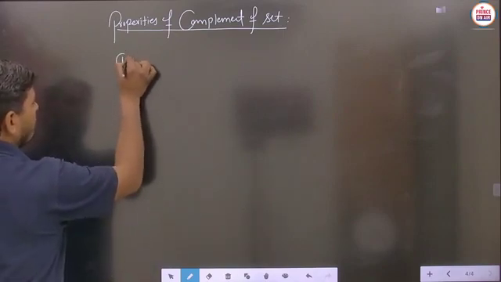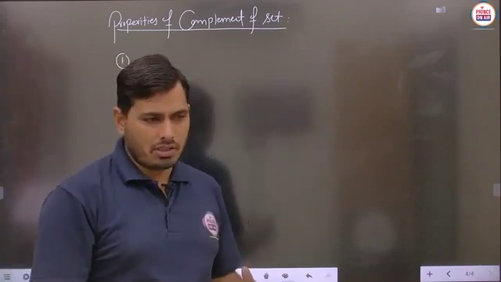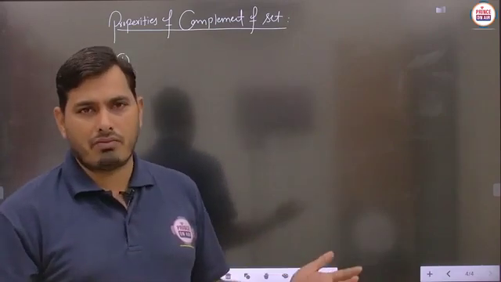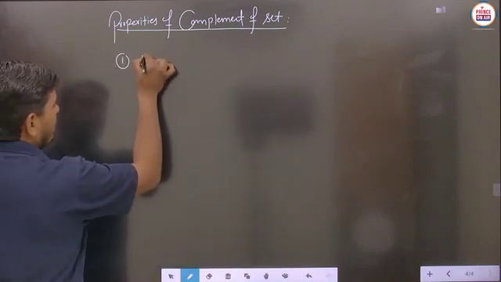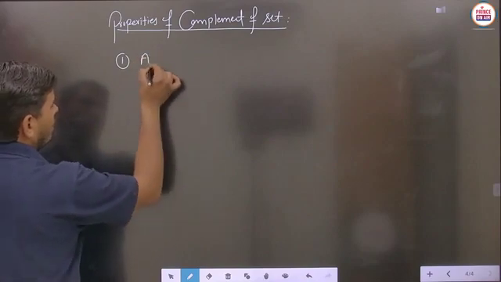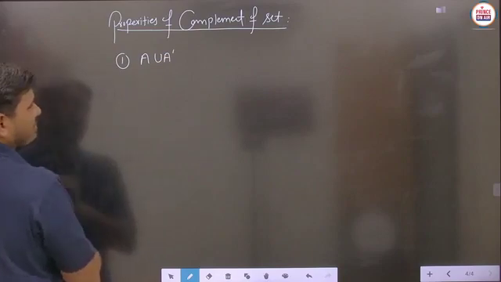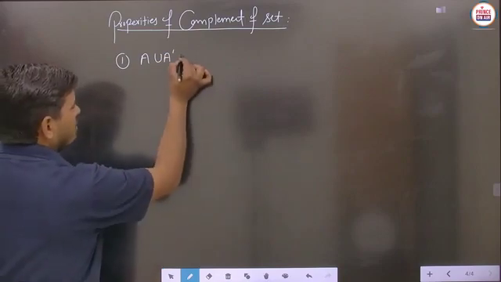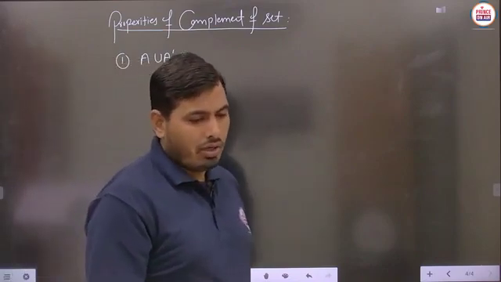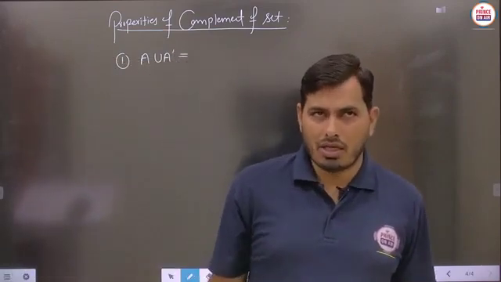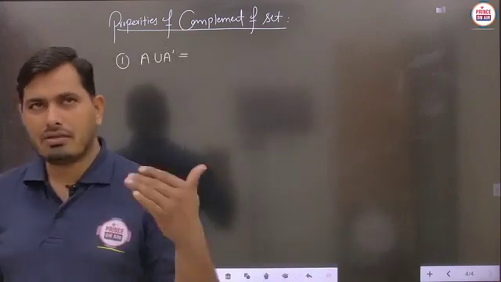In the very first property, student, I just want to tell the left hand side only of that property. Just imagine what should be the answer. Suppose we are saying that this is A union A dash. Is it clear? Now student, I just want to tell the answer of A union A dash. What should be the answer? So any subset A is given. Then first of all we will calculate the A dash. How is the A dash obtained?